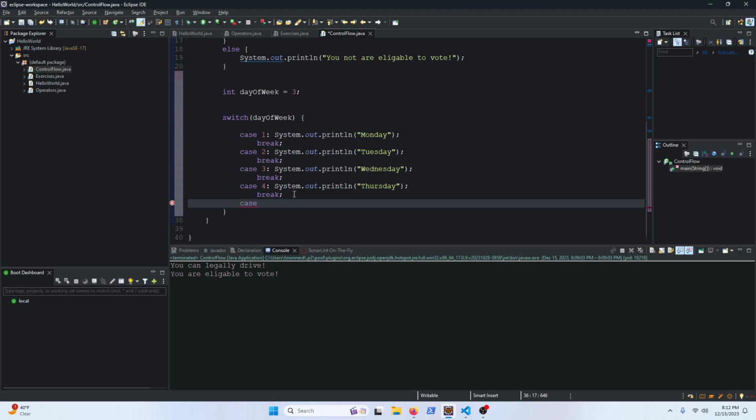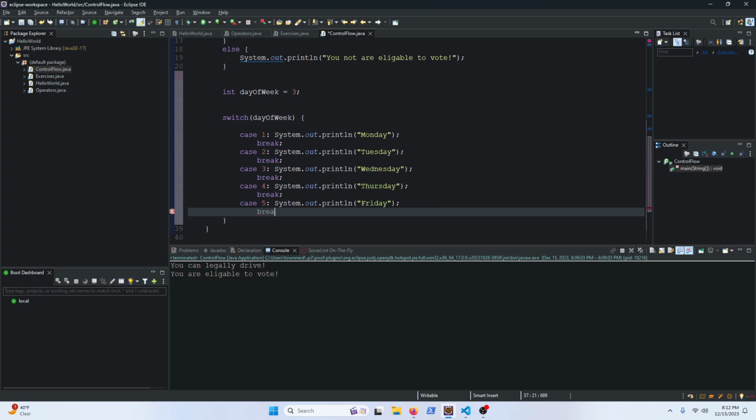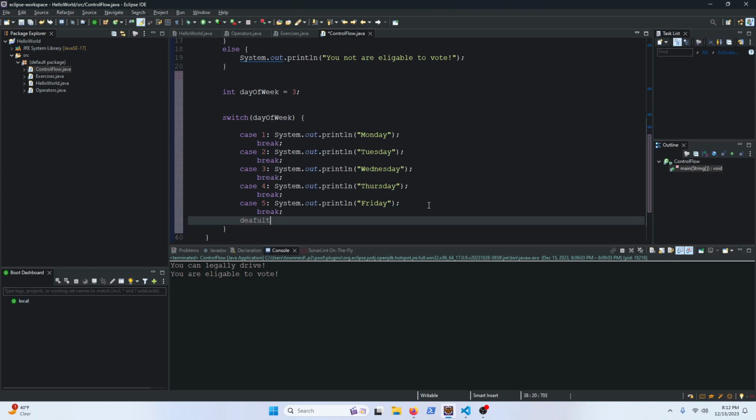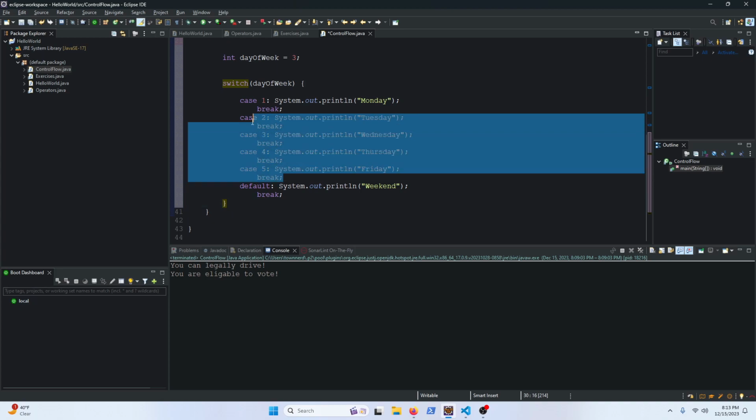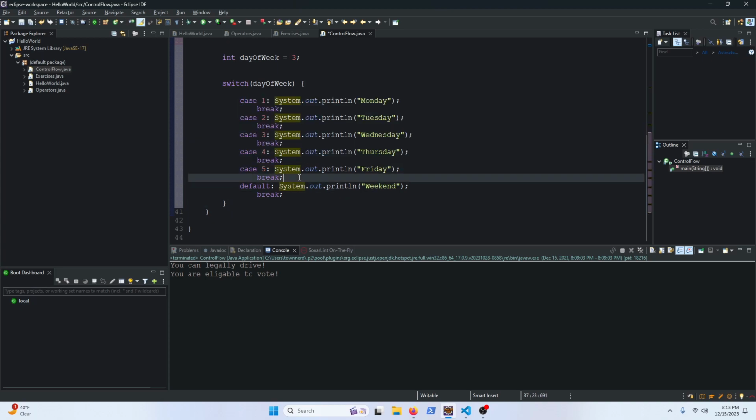We'll do case 5 for Friday, break. And then a switch statement also has what is called a default. So just default, nothing to check. And what this means is that you want to run this if none of the previous cases you've defined are true. So if dayOfWeek is something other than 1, 2, 3, 4, 5, you want to fall into this